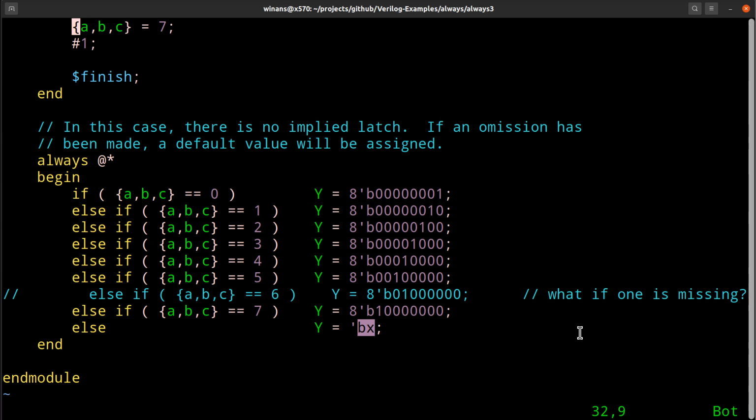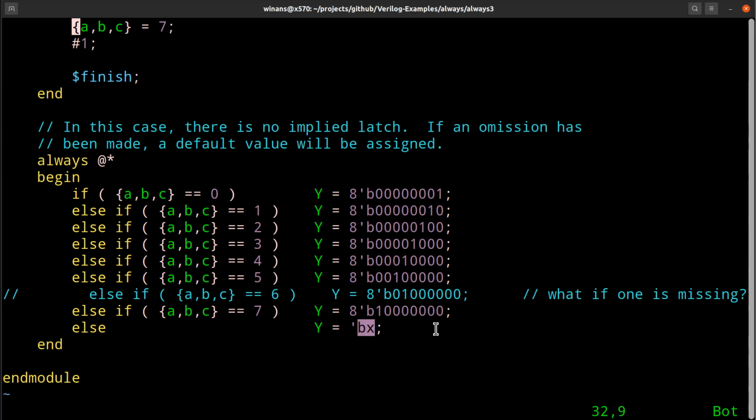Now, this can be synthesized because X is being used as an output value. In synthesis, there are no X inputs, okay? It can't be unknown. In reality, everything has a real value. So there are no X inputs, but X means I don't care. You can do anything you want, okay? But in simulation,